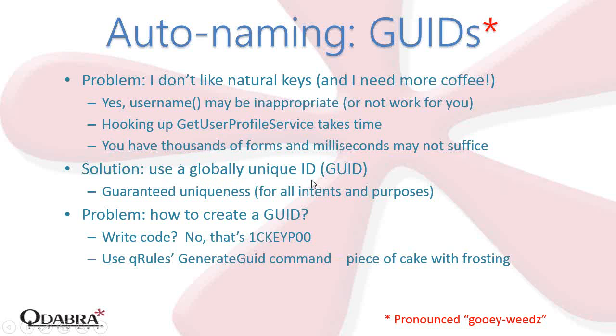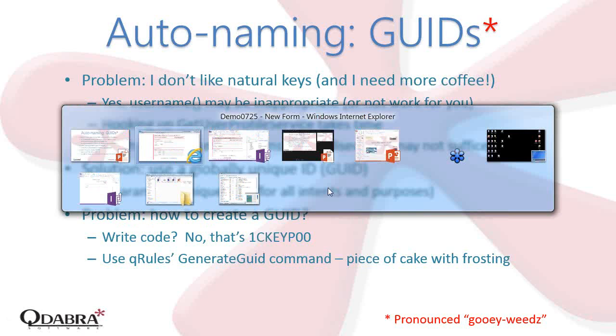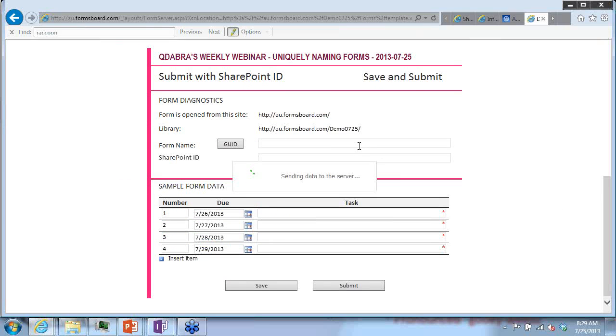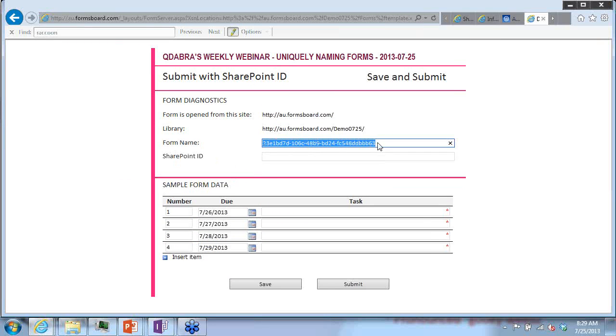So we have another solution. It's called GUIDs. And basically what we're doing here is we're generating a GUID, a globally unique ID, and that looks a bit long and hard to read, but that's what it is. It's always going to be unique, right? And by generating that then, and by naming the form,